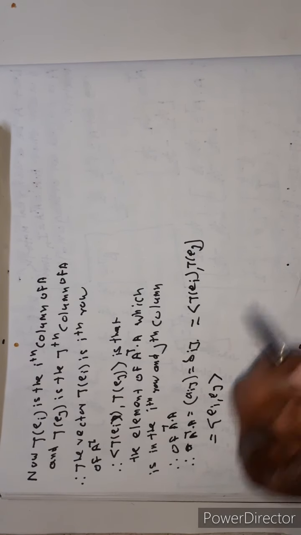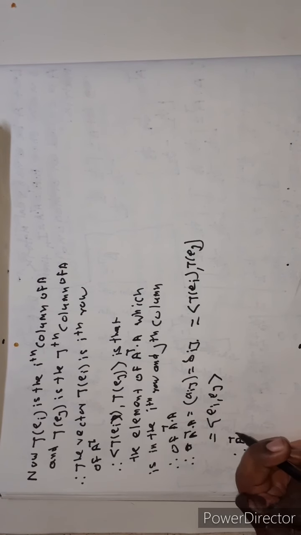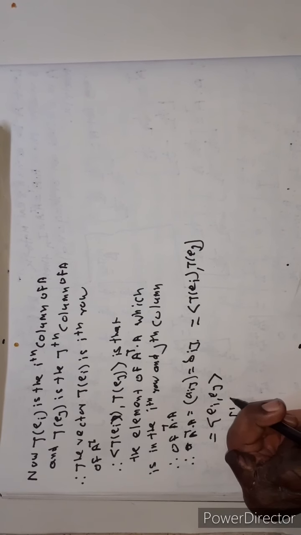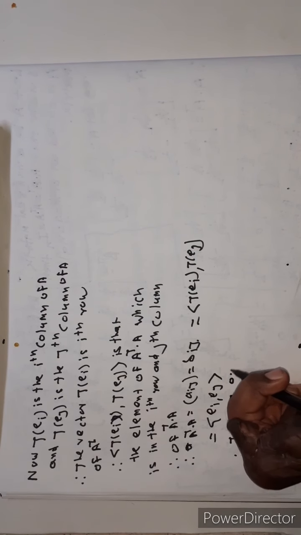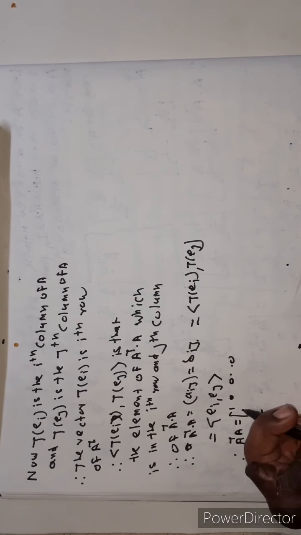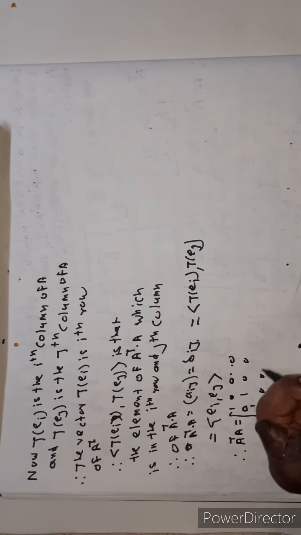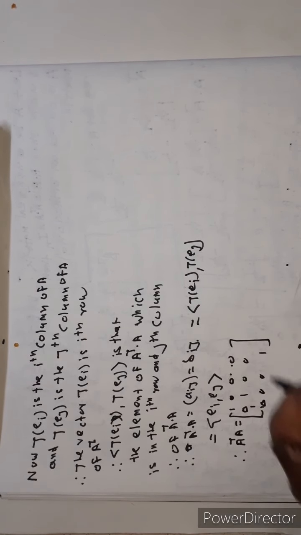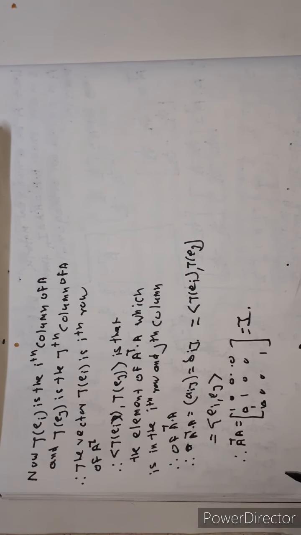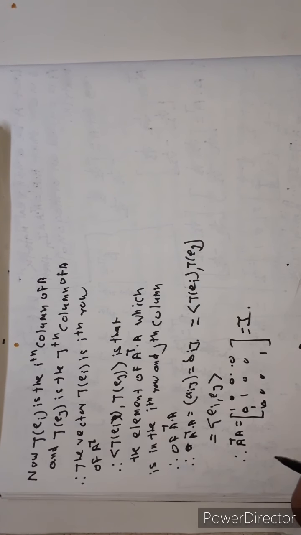Therefore, A transpose A is equal to delta ij. Therefore, A transpose into A is equal to the matrix with 1s on the diagonal and 0s elsewhere, which is equal to the identity matrix. A transpose into A is equal to the identity matrix. Therefore,